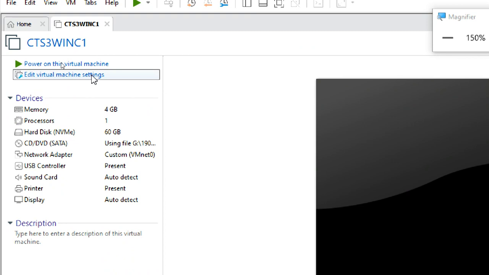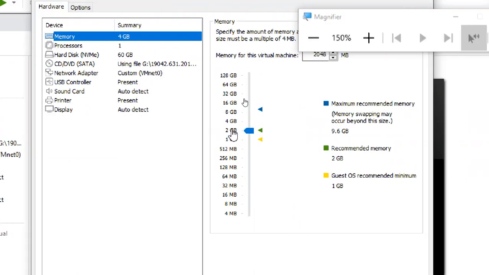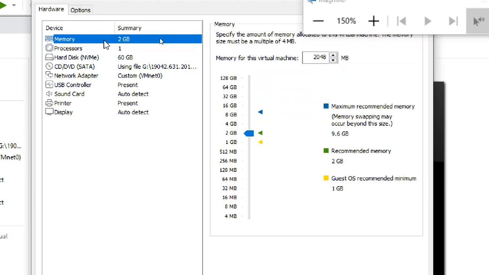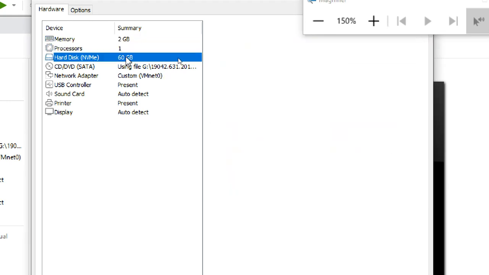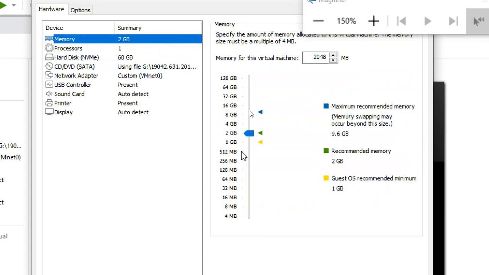Edit virtual machine settings, 2 GB. Okay, so it is now 2 GB. These options you cannot change now, but this option you can change anytime, no problem.